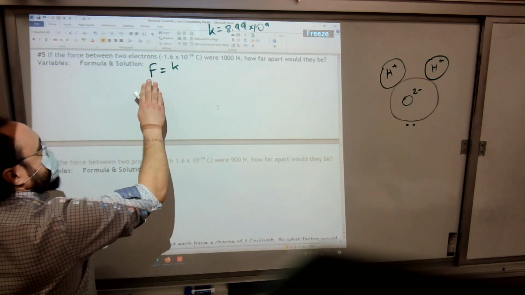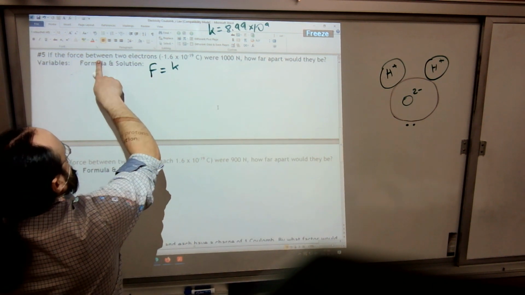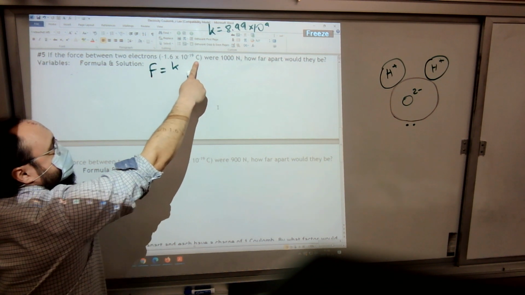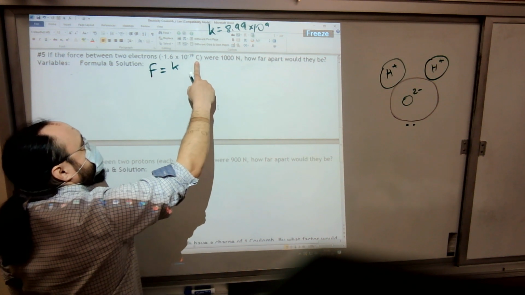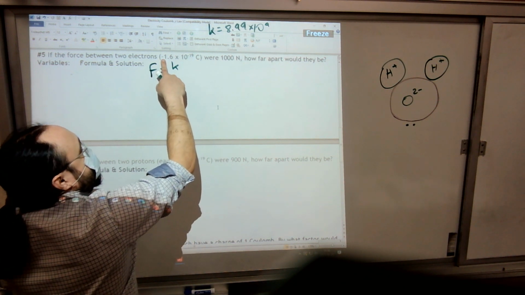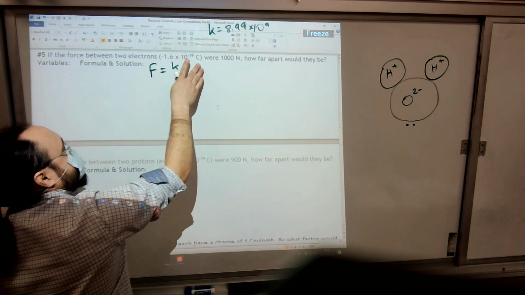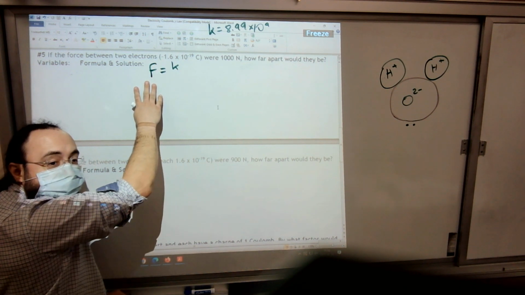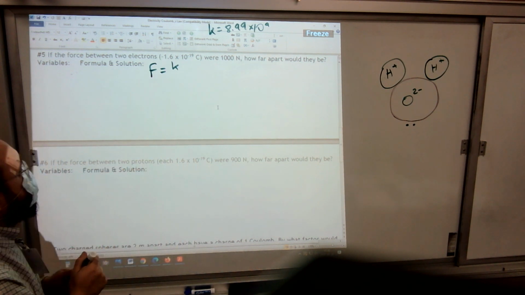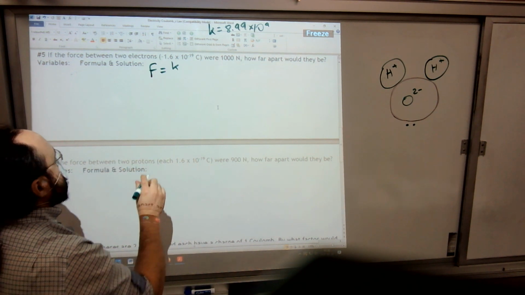It doesn't have to be an attractive force. Like this question has 2 electrons, which each have this charge. Capital C for coulombs is the unit for charge. Charles Coulomb, French guy, studied charge. They're both negative, so they're going to repel. So if the 2 charges are negative, the force will be a repellent force. If the 2 charges are opposite, this force will be an attractive force. But anyway, our formula today is